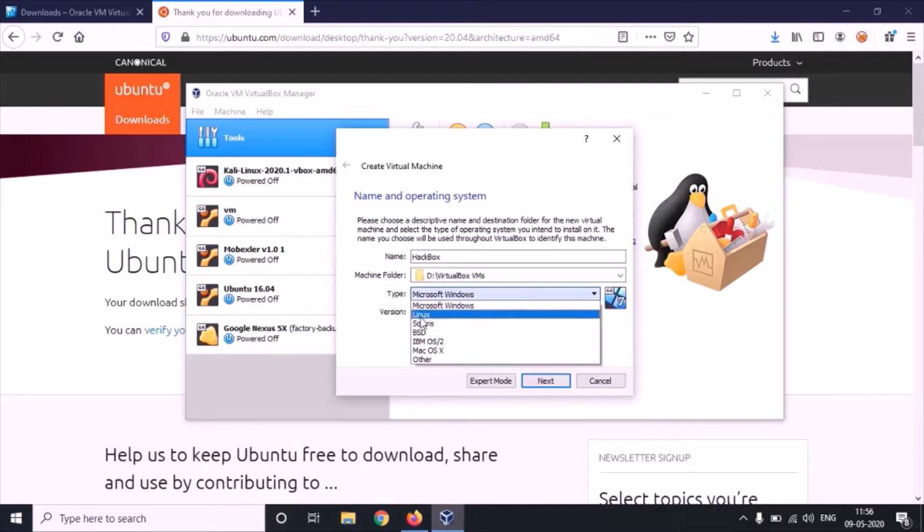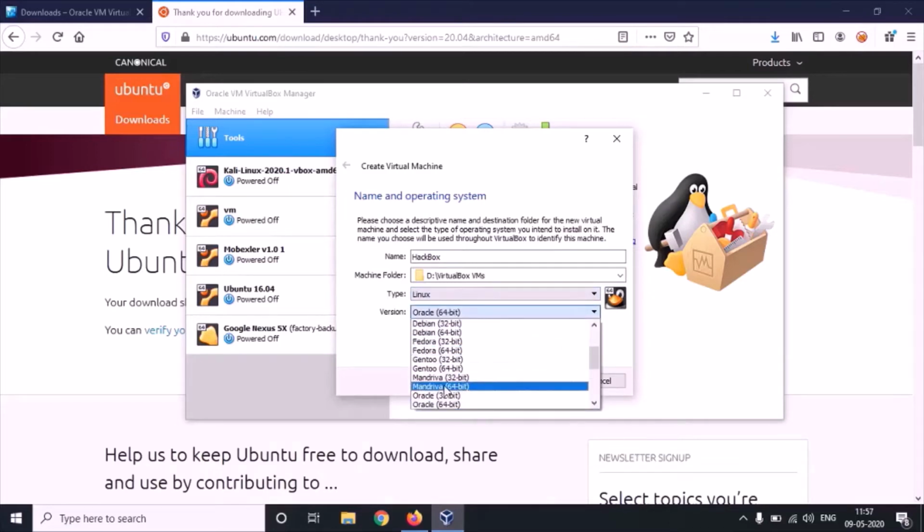I'm creating a Linux machine, so you can select that. You can even create not only Ubuntu or Linux machines, you can also create a Windows machine over here. So we have different options. For our case, it's Linux, and I have to select the version. The version that I'm looking for is Ubuntu 64-bit. Make sure this version is relevant to the type of machine that you're installing, and you can select 32-bit or 64-bit. Again, it's as per your need.